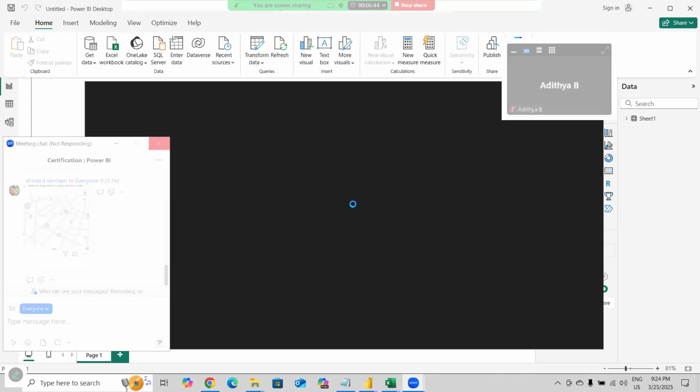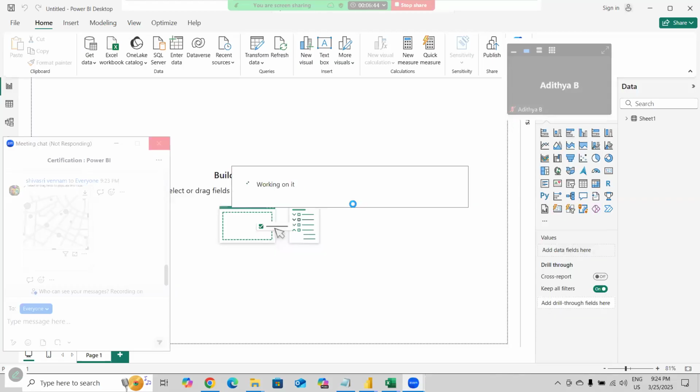Right. Map charts are disabled by default. In Power BI, by default, the map charts are disabled. So all we need to do is we need to enable the map chart. And for enabling it, we just need to go to the file option and settings, global settings. It would